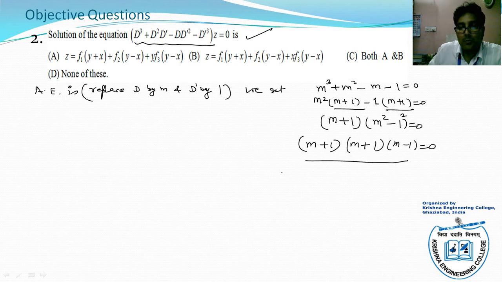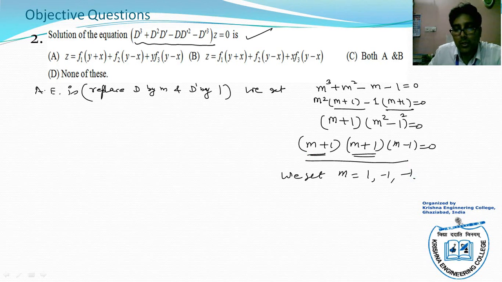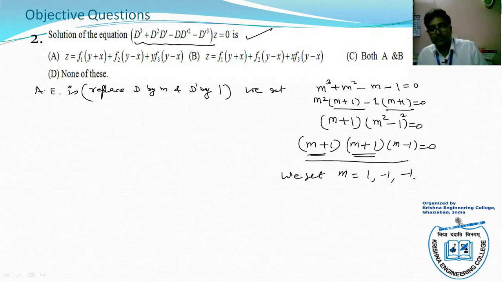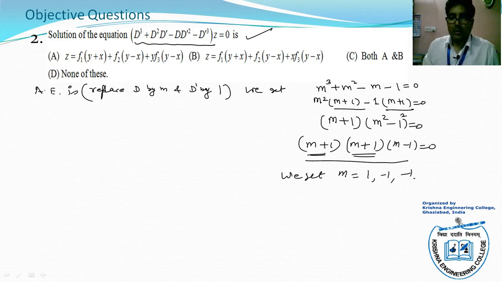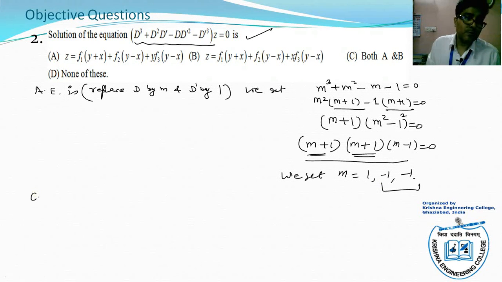So we get the roots: m is equal to plus 1, and from this m is equal to minus 1, from this m is equal to minus 1. So here one root is 1 and two roots are minus 1. Here two roots are repeated. So the CF in this case is